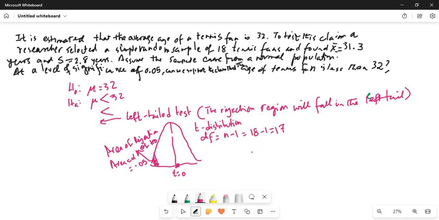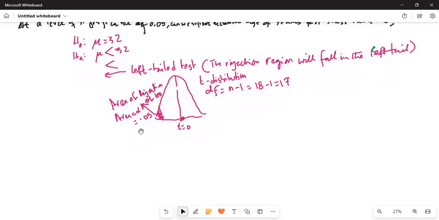Okay. So we will calculate basically a test statistic, which is a characteristic of the sample that we have gathered. And it's given by T. Test statistic, T is your test statistic. And it is equal to